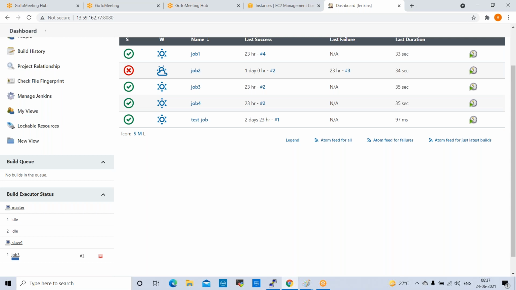For example, if you configure 10 slave servers, those slave servers will show you here one by one: slave 1, slave 2, slave 3. When you trigger the jobs, it will run on slave 1, slave 2, whatever label expression you give. Fourth job will run on master.